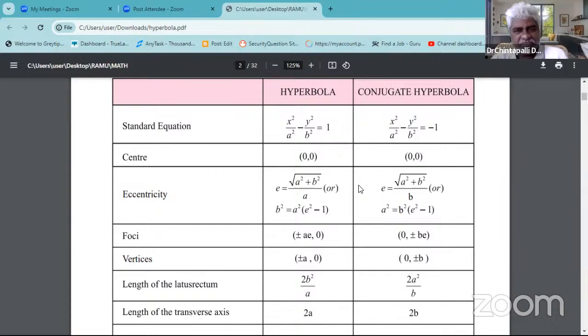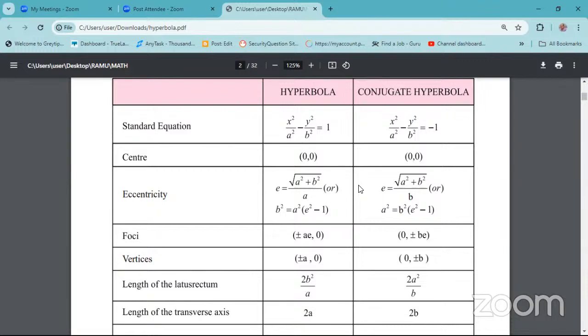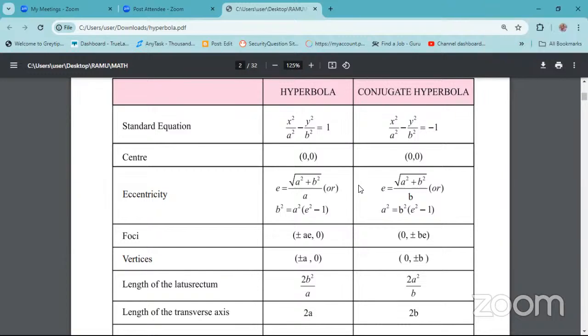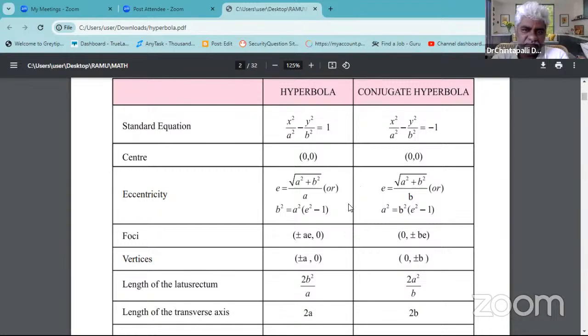Okay. The next formula, the sub formula for eccentricity, the related formula. Here b square equals a square times e square minus 1. There, it's b square equals a square times 1 minus e square. Very good. Next,